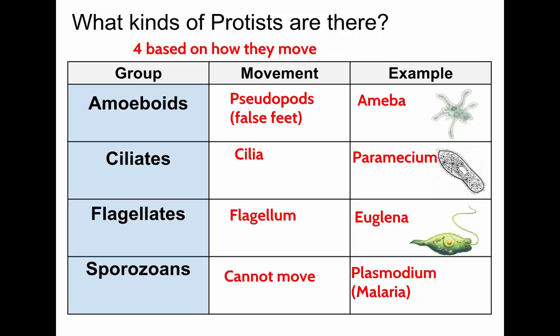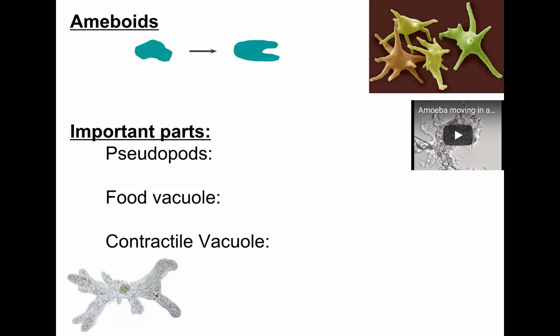So malaria is a disease that is spread by this protist called Plasmodium. So those are our 4 groups. Like I said, we'll look at 3 out of the 4. We'll talk about all of them. Malaria is a blood disease, so your blood cells being infected by this protist. All right, we'll talk about them one at a time, starting with the ameboids.